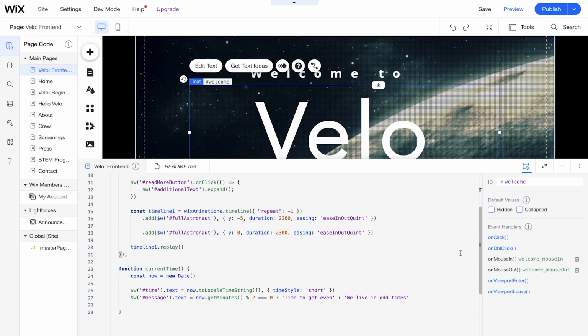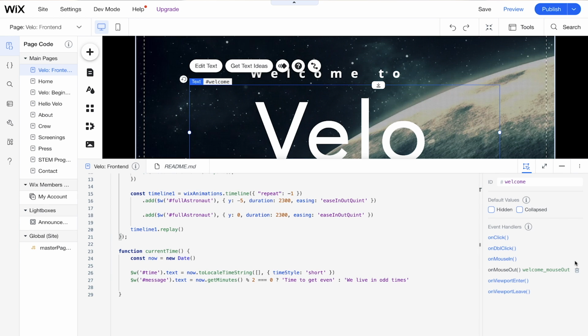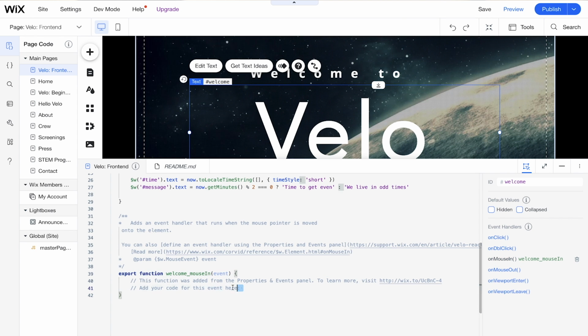Now, what I'm going to do is add a static event handler for this purpose. I already have some here. And I'm going to actually delete them because the thing about static event handlers is that they only are added for one instance at a time. And if I was to add this again, it really wouldn't work out. So it's the difference between static and dynamic event handlers. So I'm just going to add an on mouse in, enter. And we're going to use that same code. Let's format. And then I also want to add a mouse out.